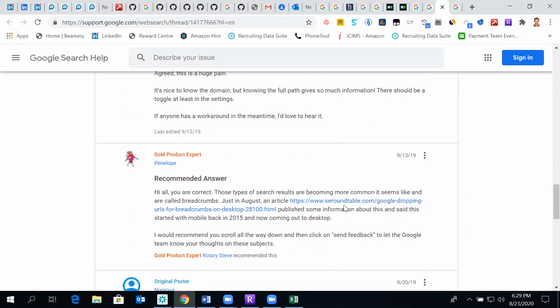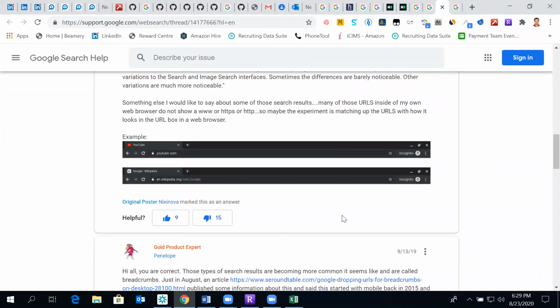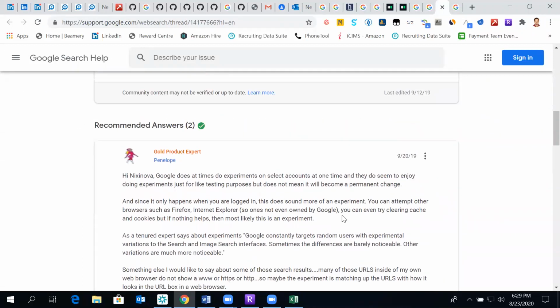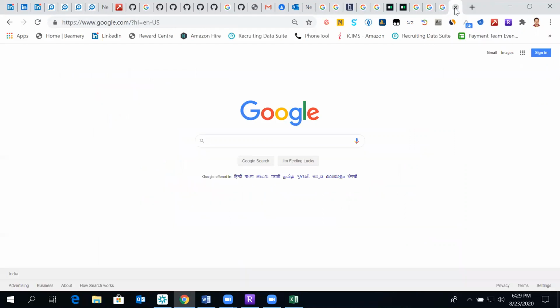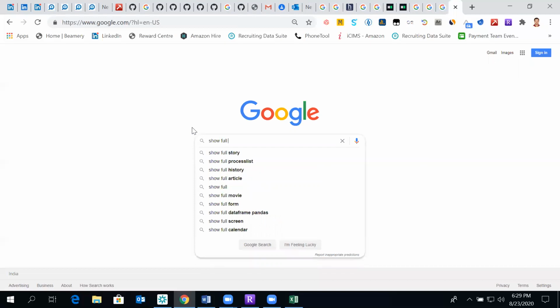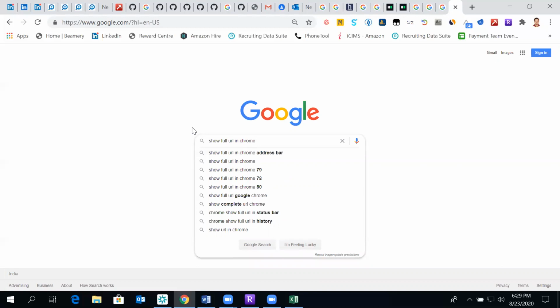Search about Google dropping, maybe to decrease the word count in the URL, they might have done it.